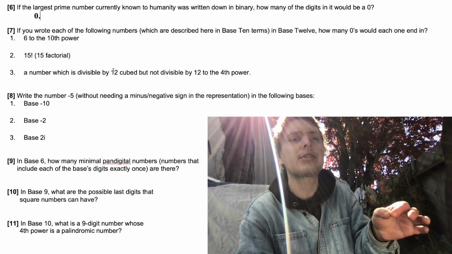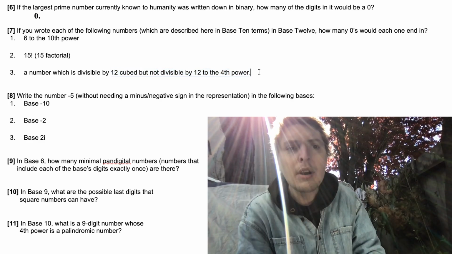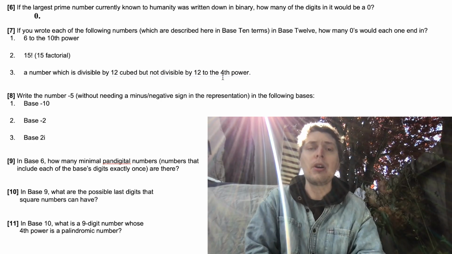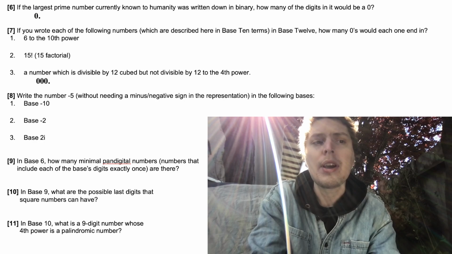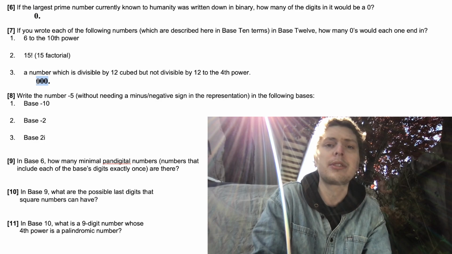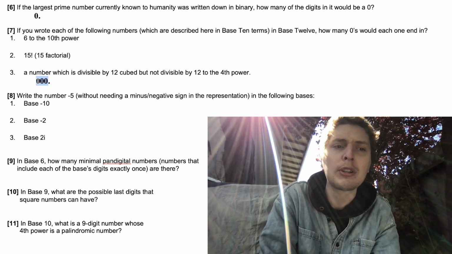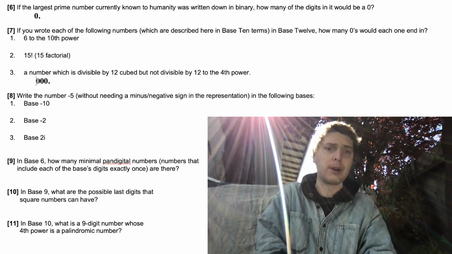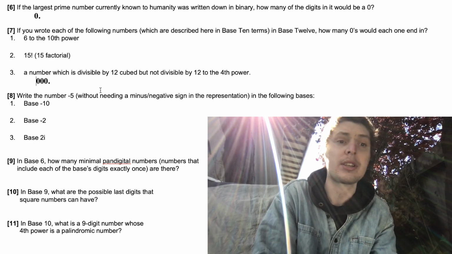a number which is divisible by 12 cubed, but not divisible by 12 to the 4th power, well, although there's many numbers that could fit that definition, all of them will end in exactly 3 zeros in this base, because 3 zeros at the end of a number in base 12 means we're divisible by 12 cubed. But if it had been divisible by 12 to the 4th power, then we would have had a 4th 0 there or more within the number. And so knowing that it's divisible by 12 cubed but not to the 4th power tells us there's exactly 3